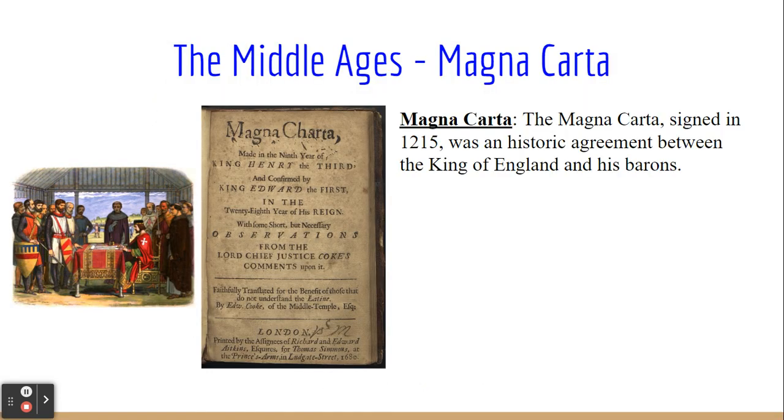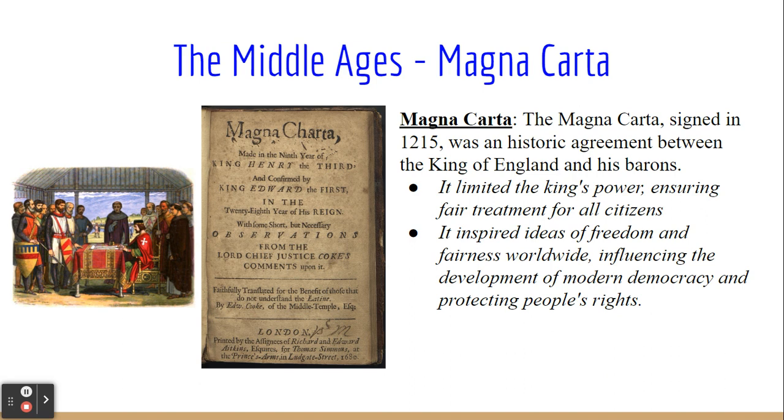Now, I'm going to hone in here on a specific document that is historically very famous. And if you saw pictures of it or the writing in full, you'd probably get bored immediately. But the Magna Carta is one of the most important written documents in the history of the world. A king of England, I think his name was King John, was kind of power hungry, power crazy, and his nobles and barons were sick of it. And they actually surrounded him and forced his hand to have to sign this thing called the Magna Carta.